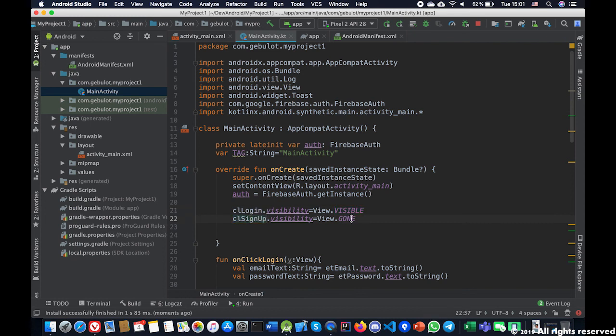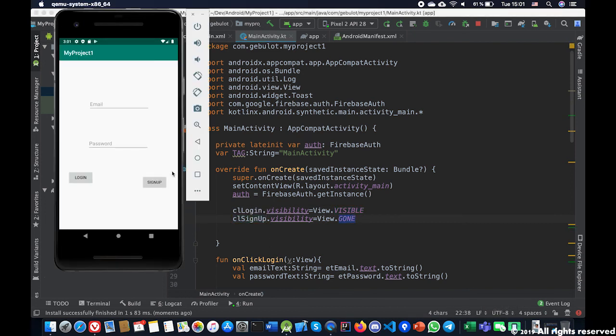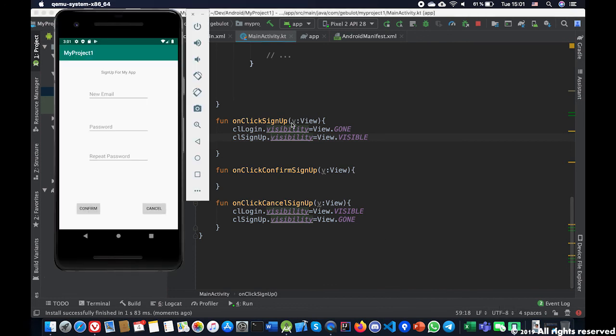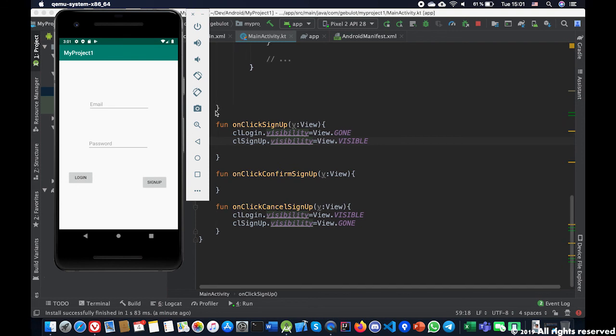Okay, it's not working. Let me try it by code, just a second. When the app starts, here on the onCreate, it's the other way around. We're going to use this one. CL sign up is invisible, the login is visible. Let's try it again. Now it's working. Okay. For some reason, when it starts, it shows everything. So we have to